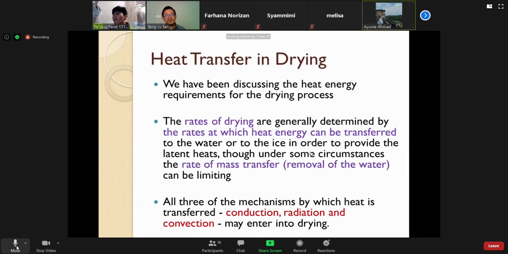So, heat transfer in drying. We have been discussing the heat energy requirement for the drying process. So the rate of